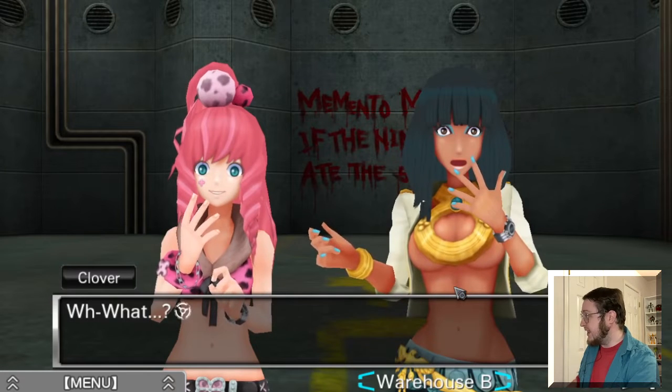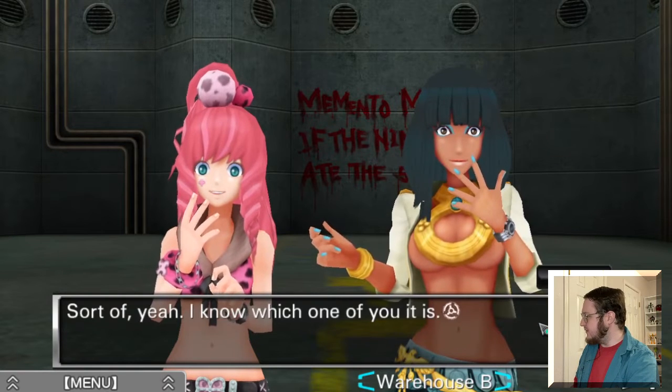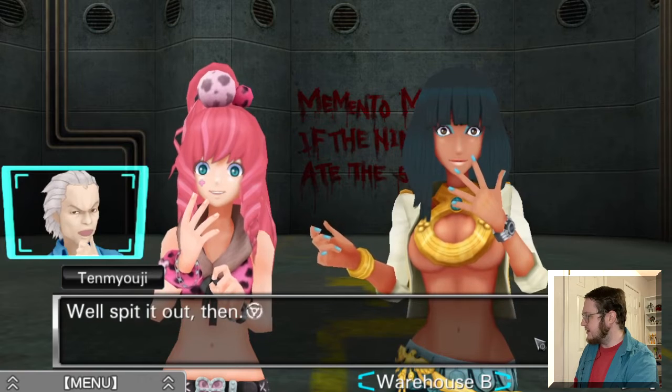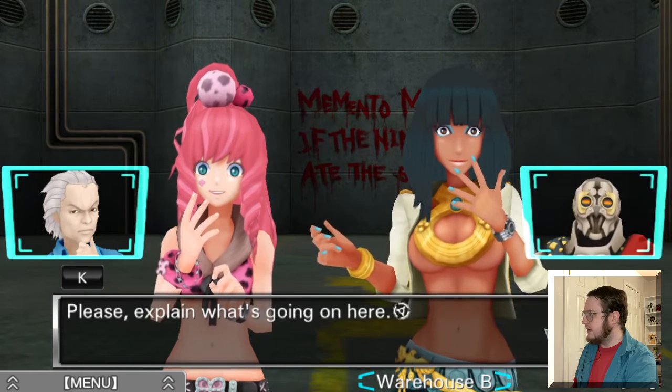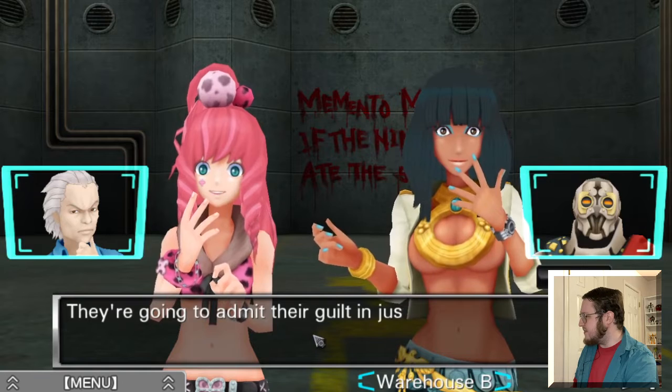What? Are you really at all sure that this is... Okay. Is this what you were talking about earlier? Good luck here, Sigma. This is going to be an uphill battle. Sort of, yeah. I know which one of you it is. Well, spit it out then. Please, explain what's going on here. Alright. Kay, please apprehend Dio. I don't think I need to. They're going to admit their guilt in just a few minutes. Oh, really? How is he gonna...